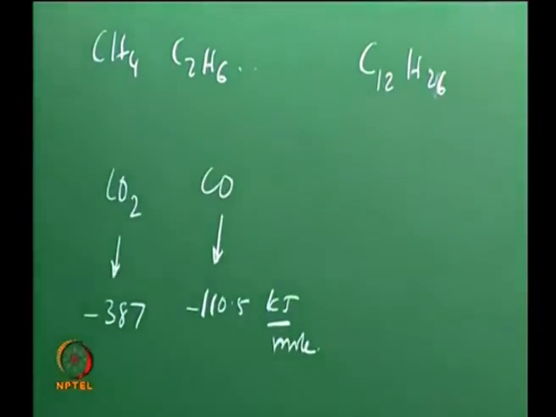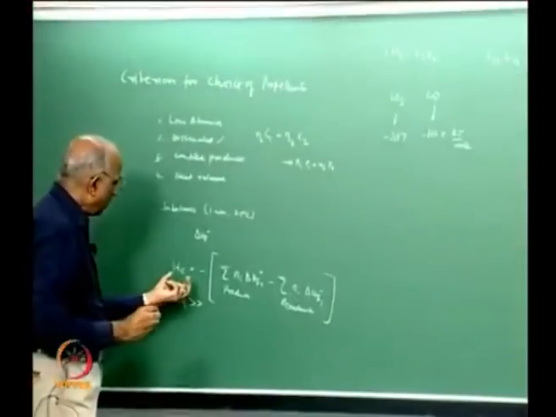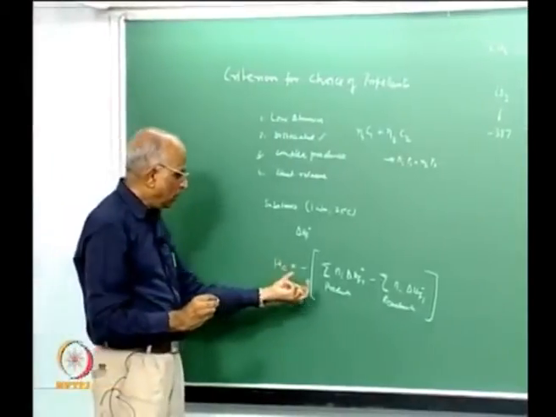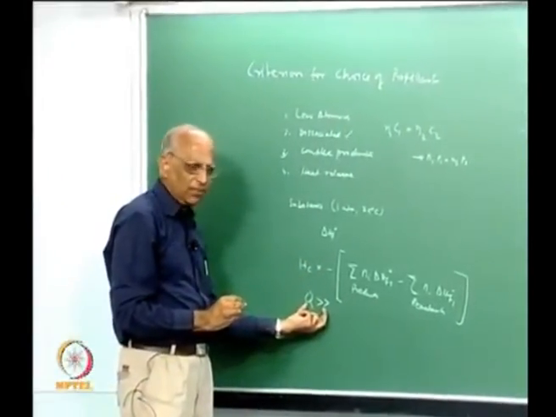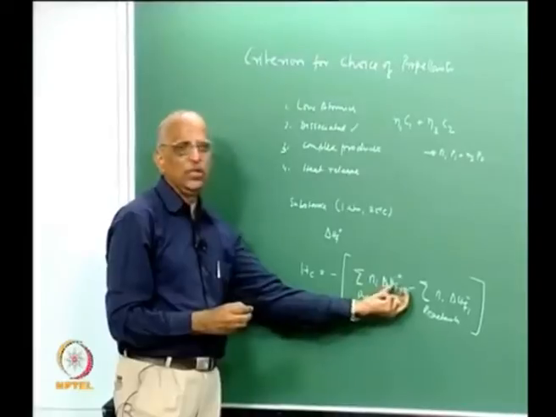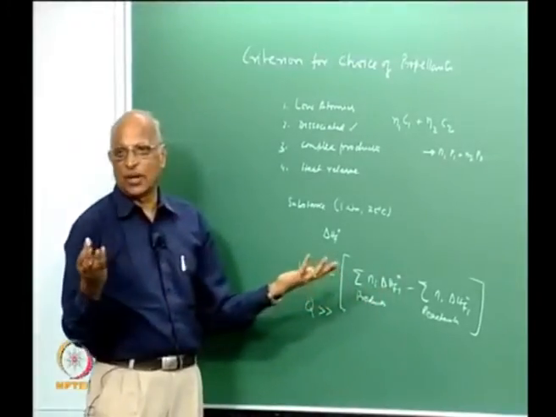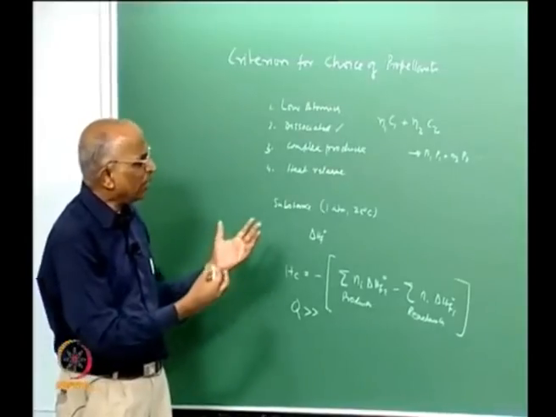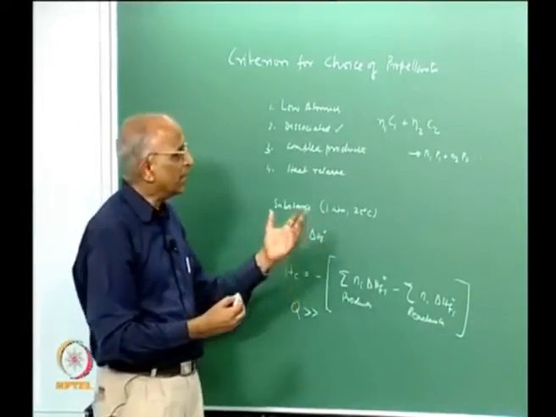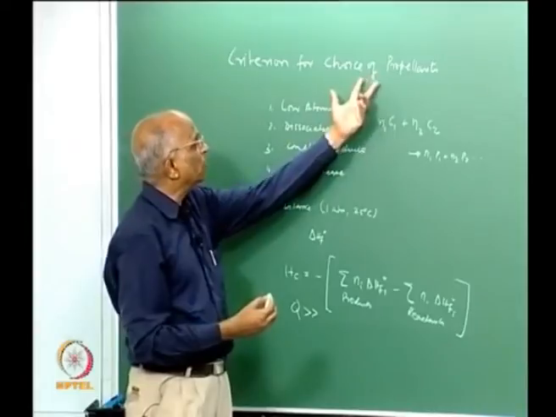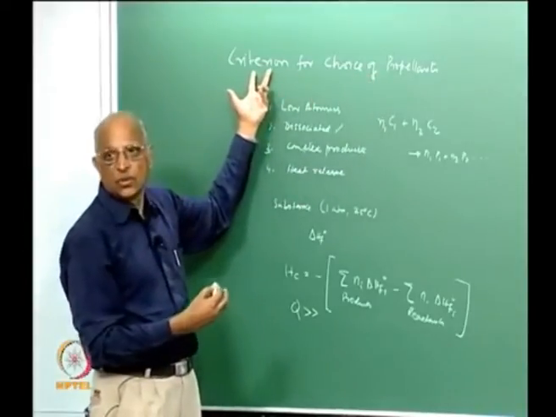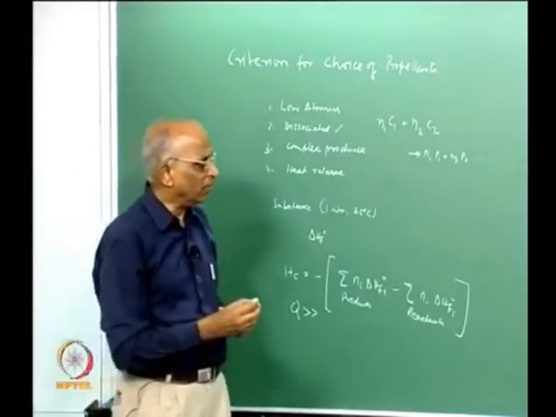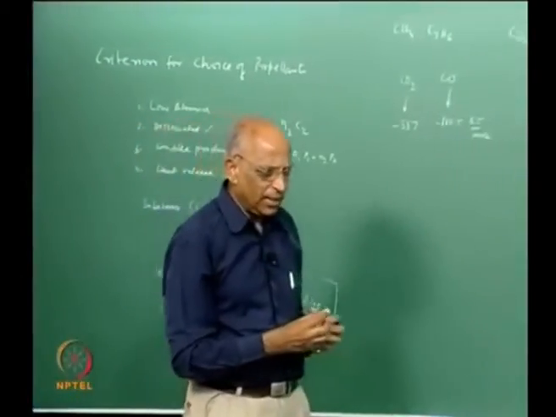Therefore, we would like to know, for a chemical to produce maximum heat release, what should be the choice of heat of formation of the substance. That is what I am trying to get at, and this is the only thing which is left. Once we do that, maybe we will be a little bit wiser in the choice of propellants to be used as rocket propellants, and that is what I am trying to do. Let me get back to the slides here.